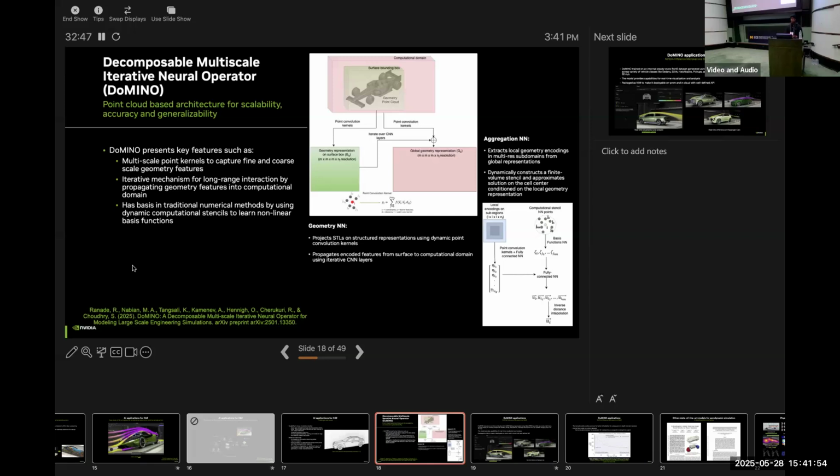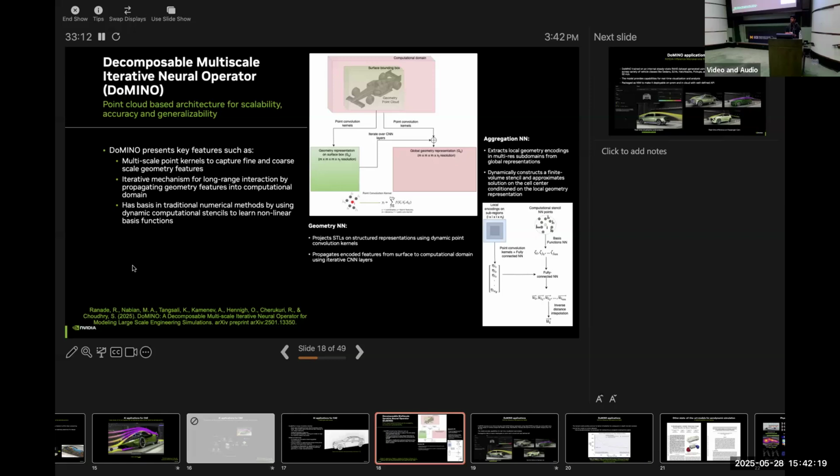A small change in a mirror of a car can typically change the drag coefficient drastically, and so we want to be able to capture some of those finer features. It also has a basis in traditional numerical methods, in that it has computational kernels to learn the nonlinear basis functions.